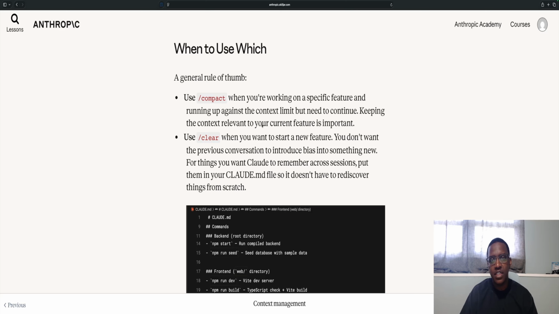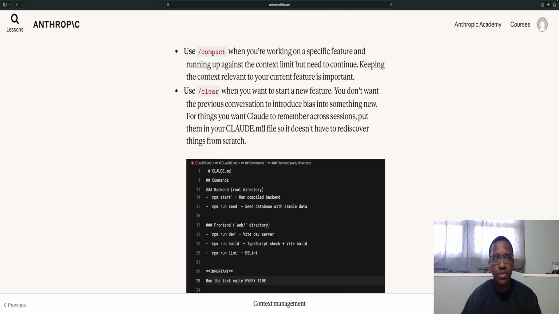Okay, so if you have context window space about to fill up, use compact if you're going to continue working on the feature, so you need that information to continue with you. And use /clear when you want to start a new feature. You don't want the previous conversation to introduce bias into something new. For things you want Claude to remember across sessions, put them in your Claude.md file so it doesn't have to